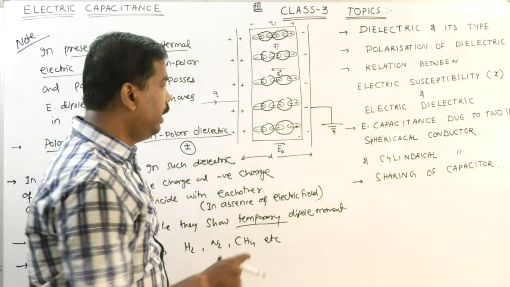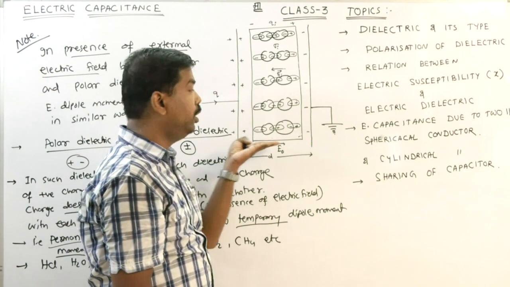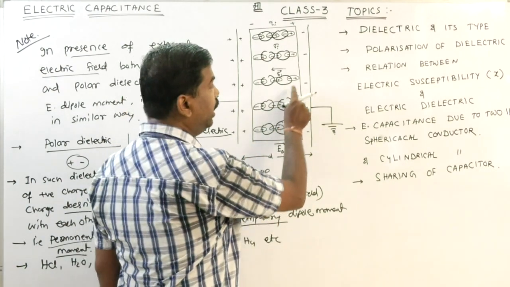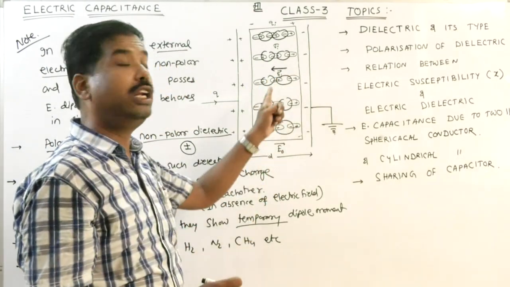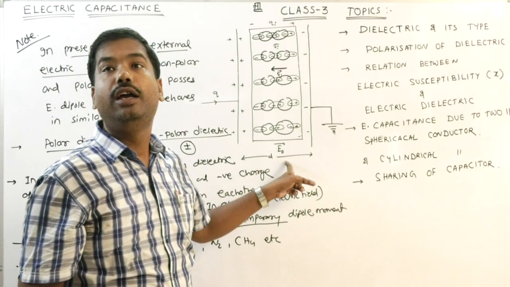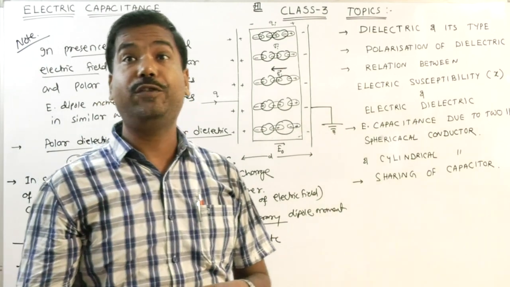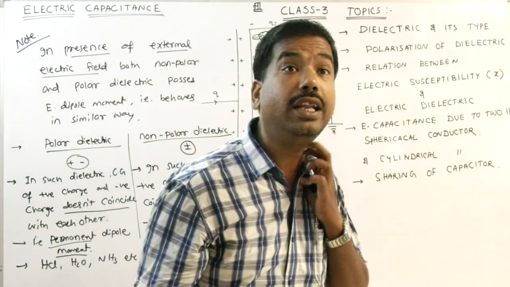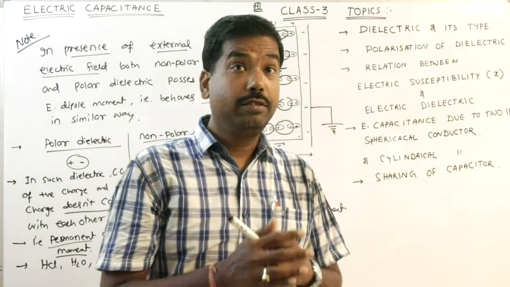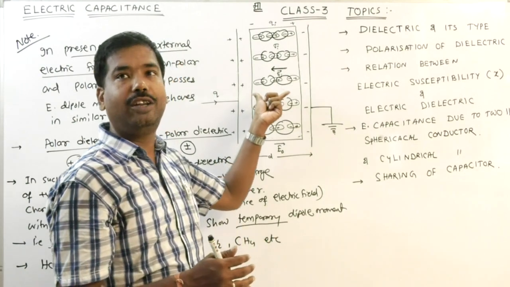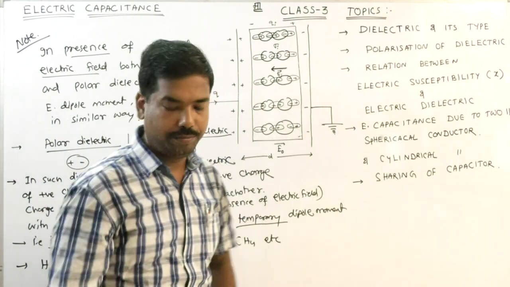field. Listen to me. This plate is positive and this plate is negative. So the applied electric field moves from positive to negative. But inside the dielectric, the induced field moves from negative to positive. So the induced electric field is opposite to the electric field in air. Clear? Hence they are opposite to each other. So they cancel each other's effect, and according to the principle of superposition, the net electric field is equal to their difference. Clear? And when this arrangement is done, the charge gets displaced, and such phenomenon is called polarization of dielectric.